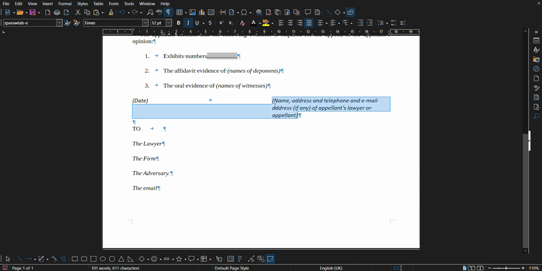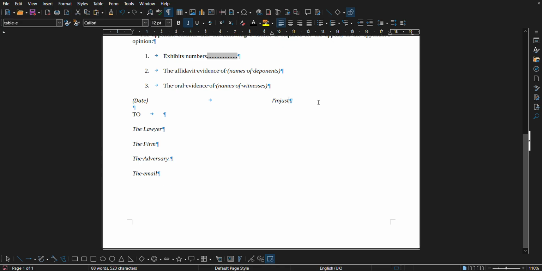And here you say I'm just me. This is all messed up. So that has to be on the right hand side, and so does this. This is all messed up. So you need to